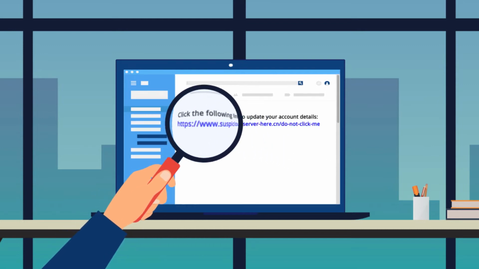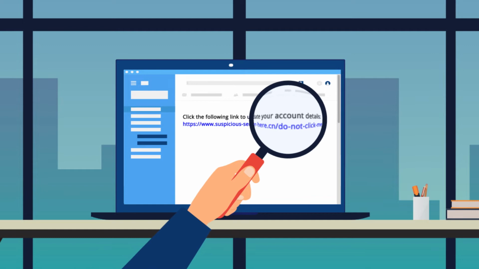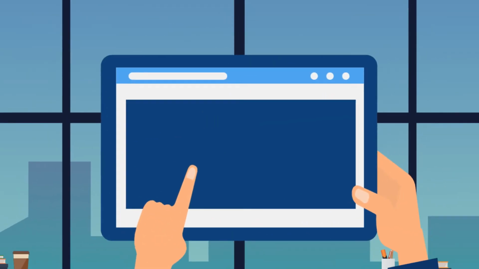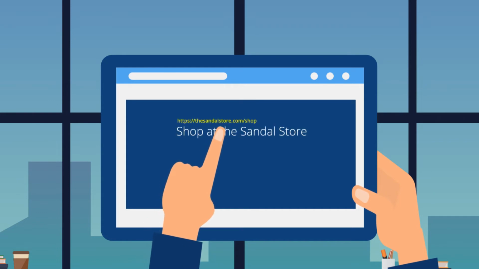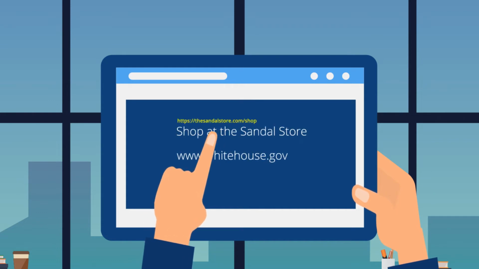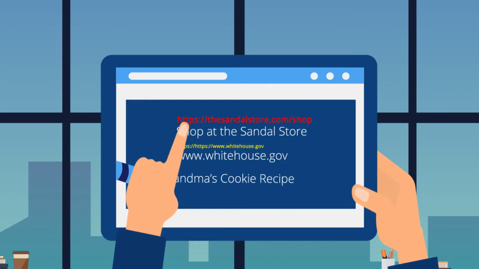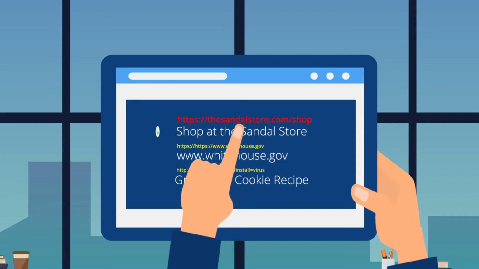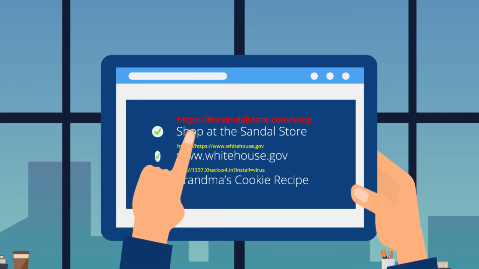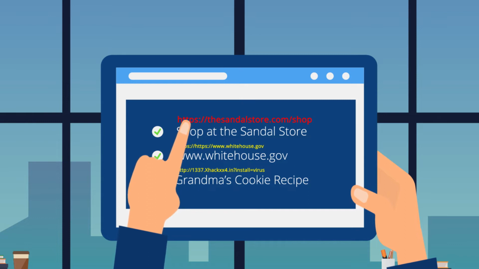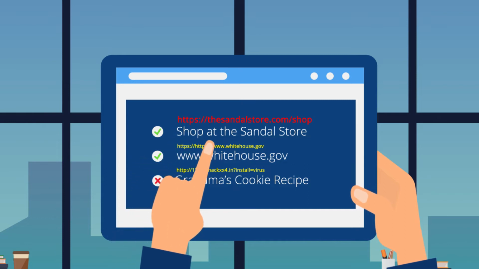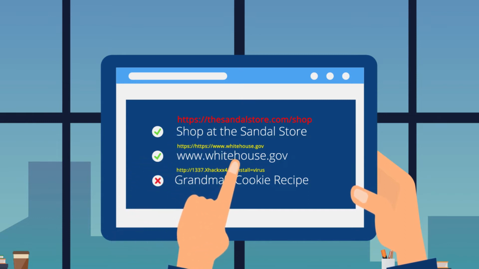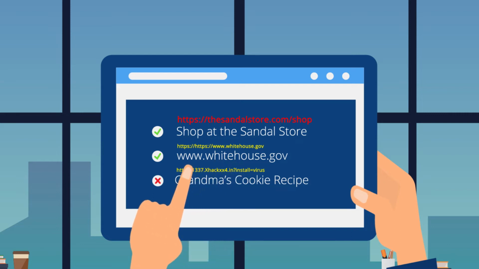Before we cover the difference between safe and phishing links, an explanation of the two parts of a link is needed. First, there is the part of the link you see, the part that tells you where the link is supposed to go. Then there is the part of the link that you don't see. This is the actual address, or URL, that controls where the link will actually go. Hackers will often exploit the difference between what you see and what you don't see in the links they send in their phishing attacks. Fortunately, you can inspect the URL behind most links by moving your mouse over a link and waiting for its URL to appear.